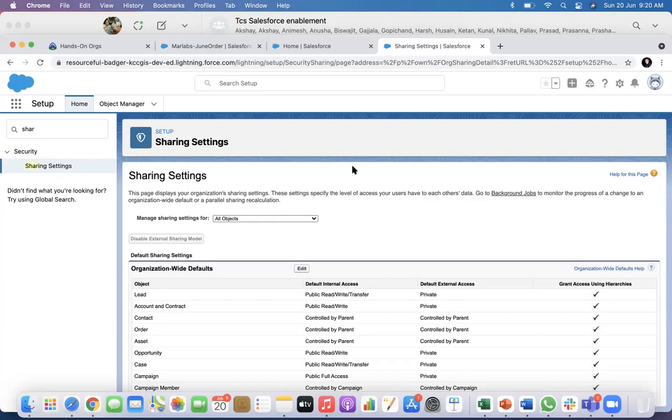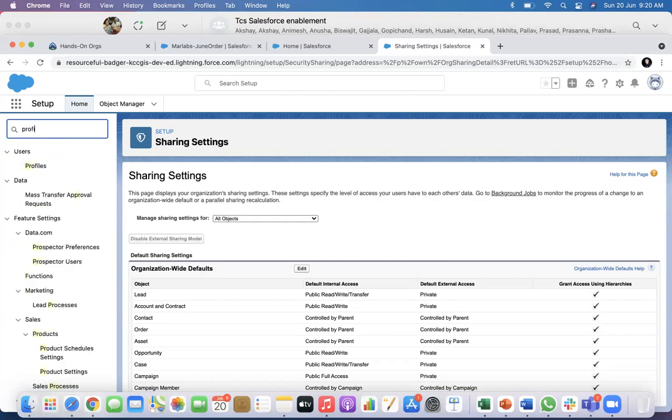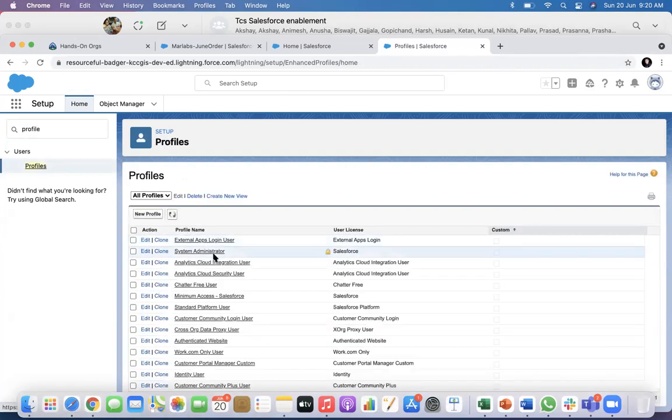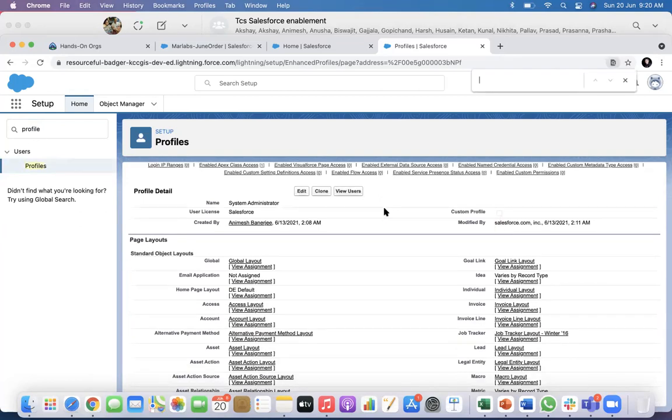Animesh, one more thing, there is one more option, view all data, modify all data. With modify all data, you can have access to all the objects and all the records that are there in Salesforce. All the records of that object. Basically, I think there are two options. The one that you have shown me is on the basis of the objects. No, the checkbox. So you are talking about a system administrator access for all data access. That we are talking about. Yeah, all data access. That is a different thing.